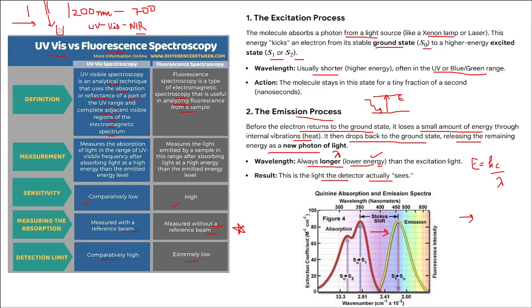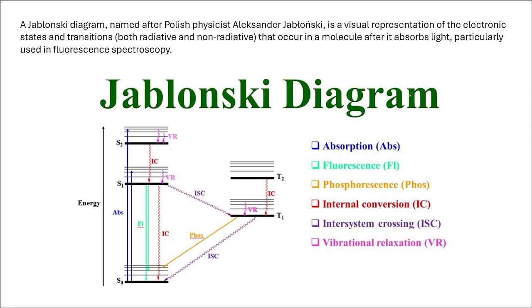Okay. So moving forward, one thing that is extremely important, I don't know if that has been discussed or not, or if you are aware of it, is the Jablonski diagram. This is a very interesting concept, and it is an amalgamation of all these optical phenomena that happen at the molecular level. From this one single diagram, you can understand what electronic transitions happen in case of absorption, fluorescence, and phosphorescence. What do internal conversion, intersystem crossing, and vibrational relaxation mean?